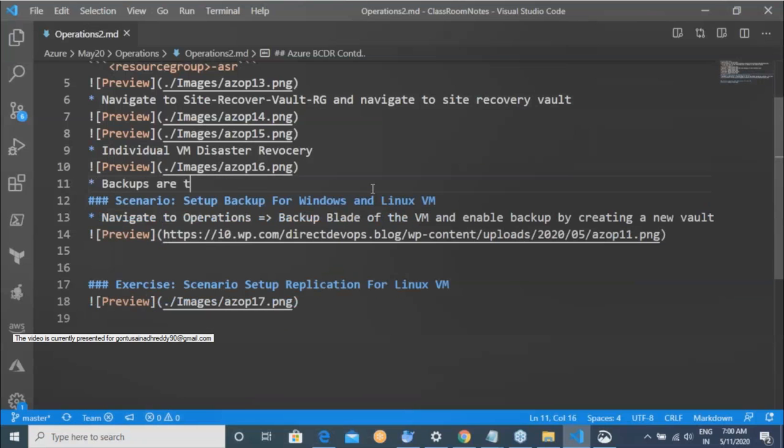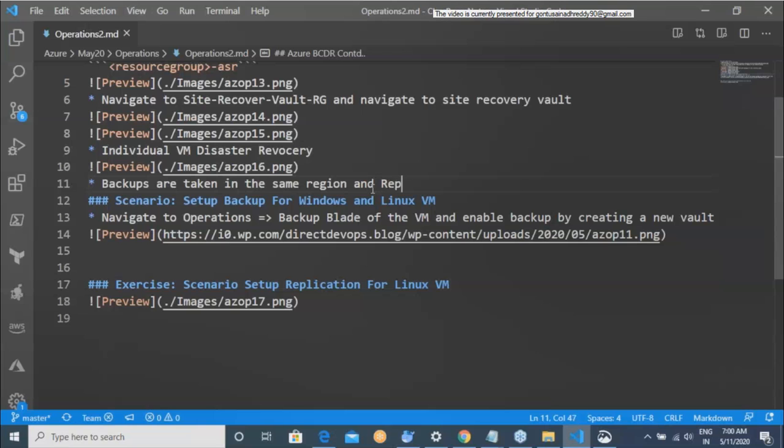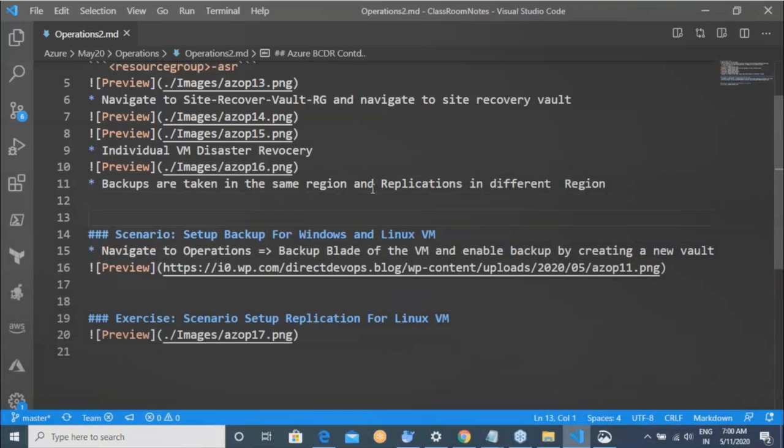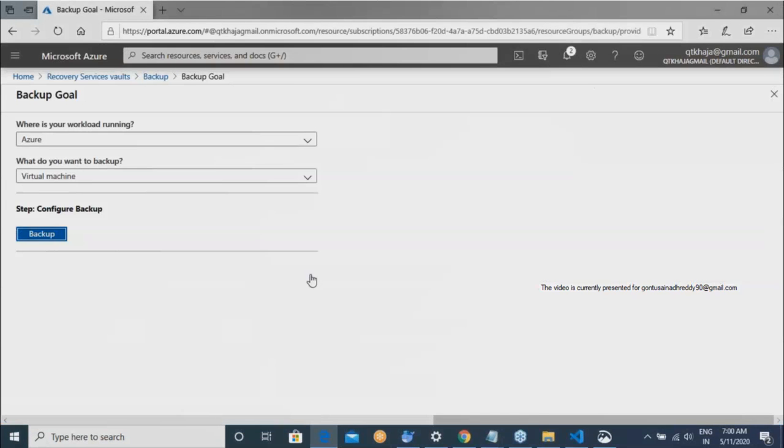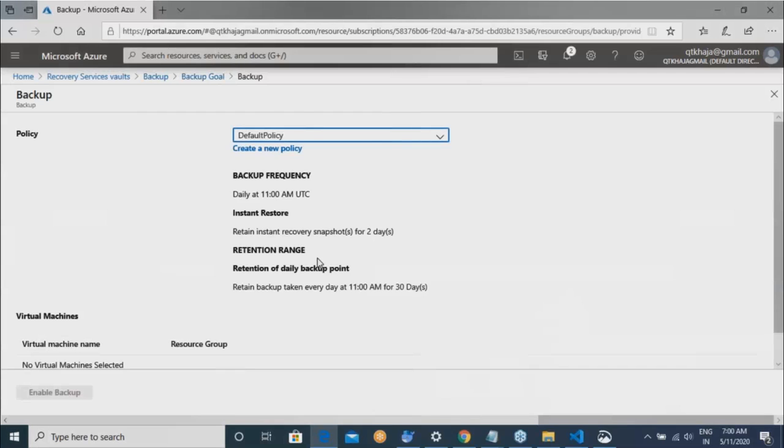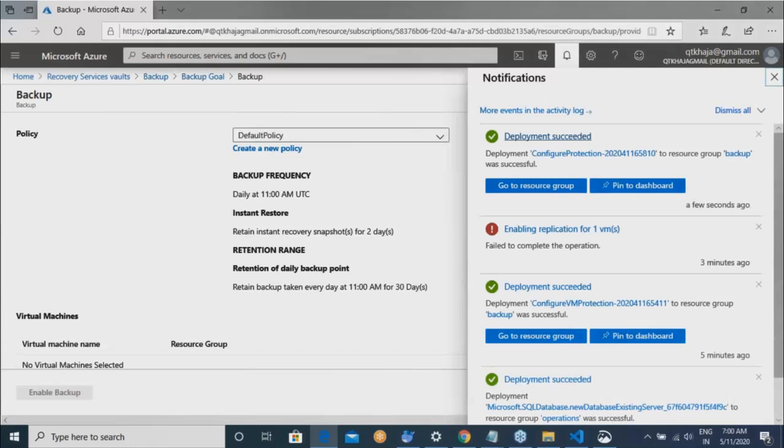So now let me add that point. Backups are taken in the same region and replications in a different region. This is the basic stuff. So please try to finish these two things. Now, if I try to do that,